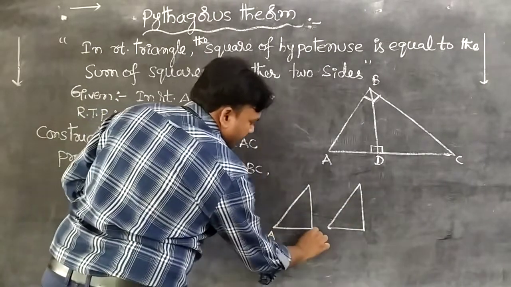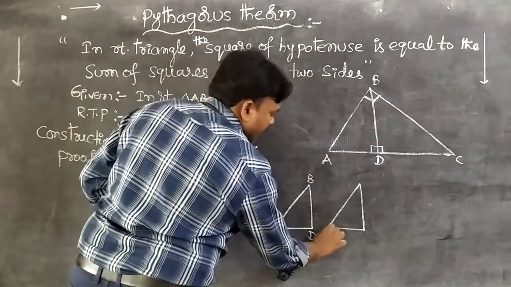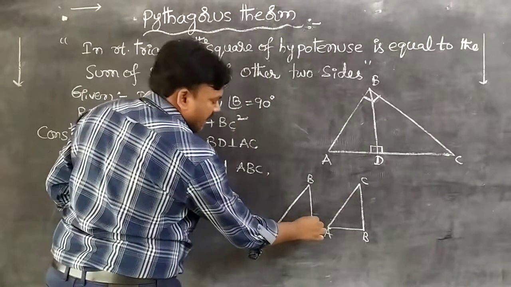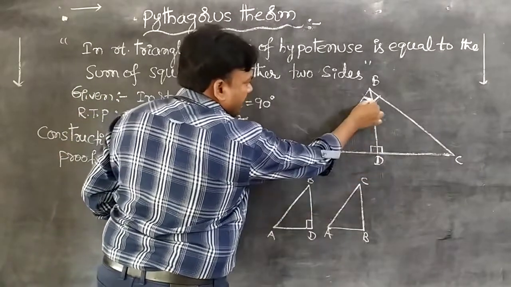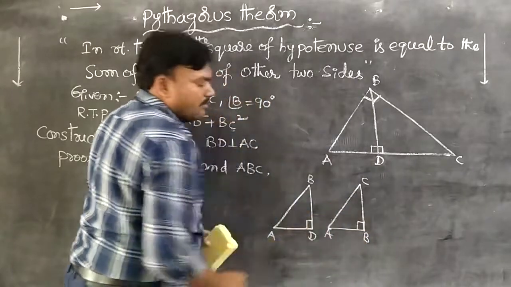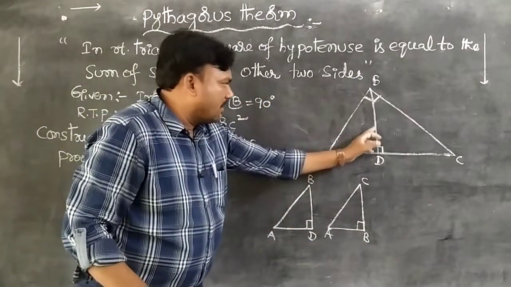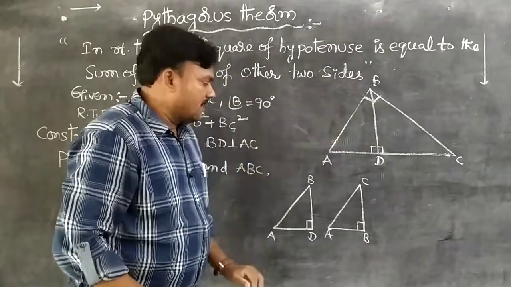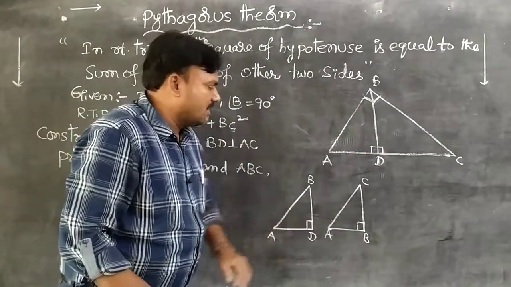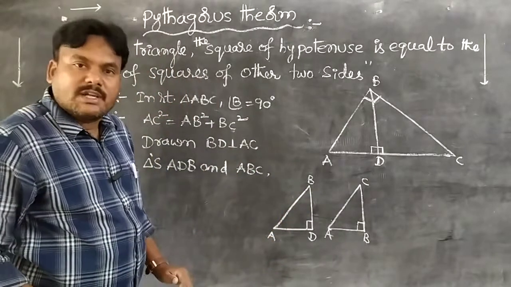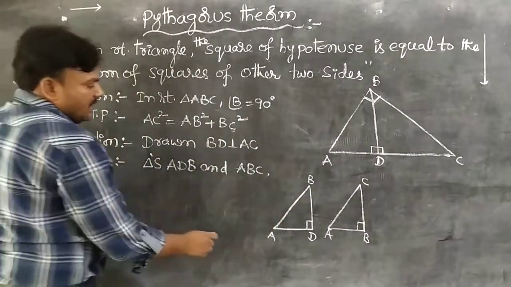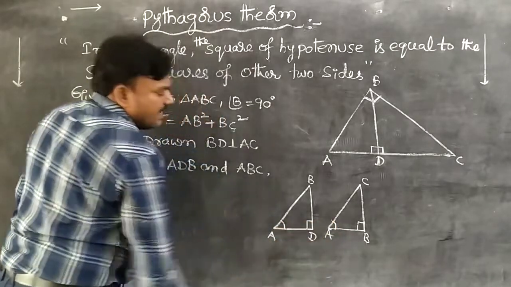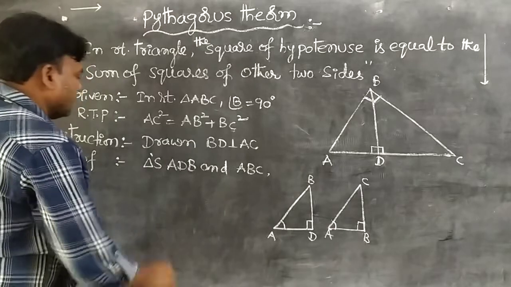So drawn rough diagram aside. A, D, B and also A, B, C. Like this taken. Here angle D is 90 degrees, we know that. Here angle B also 90 degrees. While drawing a perpendicular line, first triangle ADB and then whole triangle ABC. Both are similar or not, we check, students. In both triangles, which is the common angle? Angle A is a common angle of both triangles.